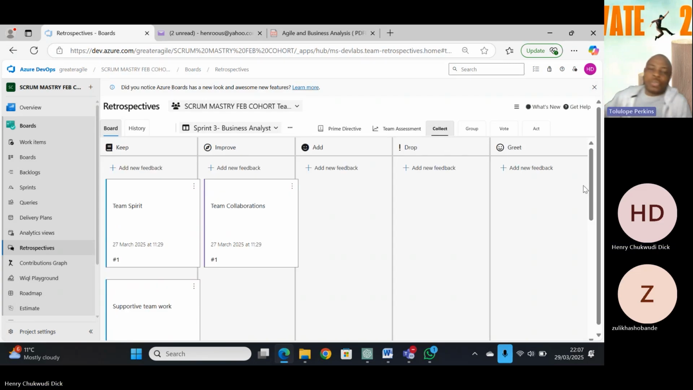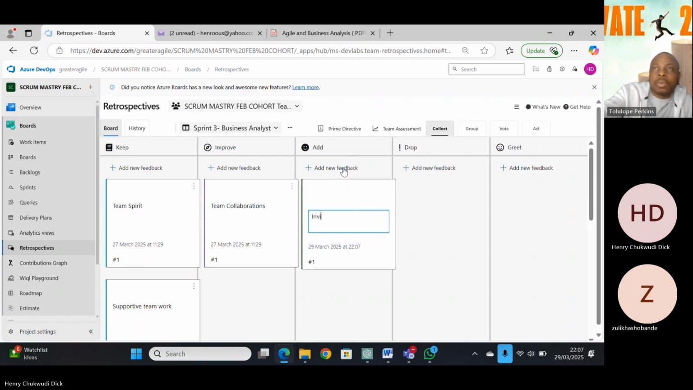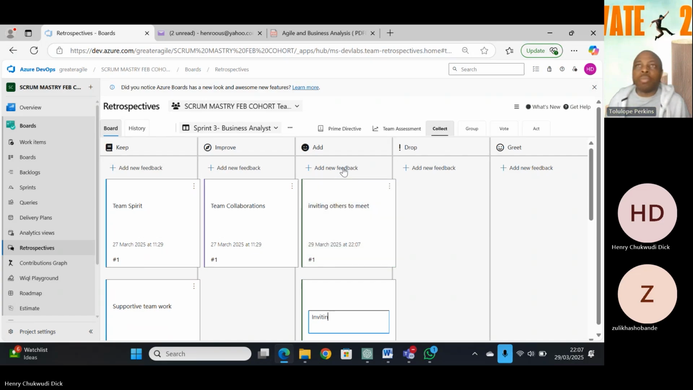You need to add inviting others to meeting. Invite others to meeting, seeing that we don't usually invite others to meetings. Usually, if you're the Scrum Master, you need to give it a shout: can you join the meeting? We don't even know if other people are still participating, to be honest. We don't know. But just add